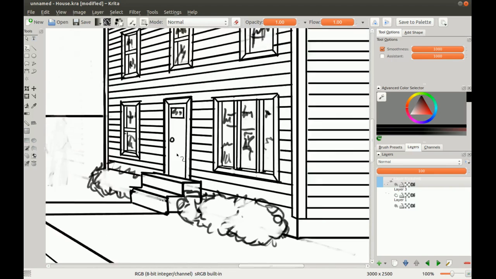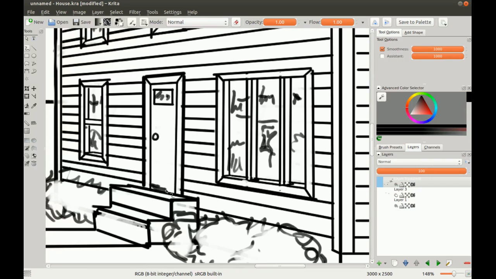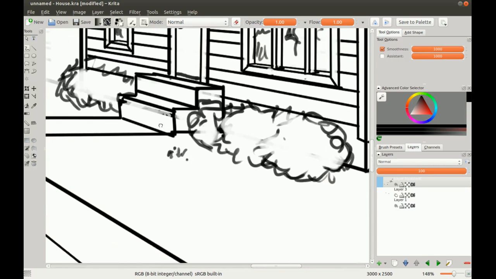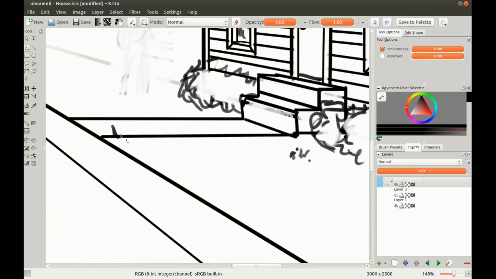And I can always zoom in and do things like, what if no door is perfect, just lined to the stairs? There might be something here, there. Grass could have weeds in it and things popping out. This part here, have grass coming out like that. Same thing over here. And since the grass is going to go over the part of this walkway that we see a little bit,